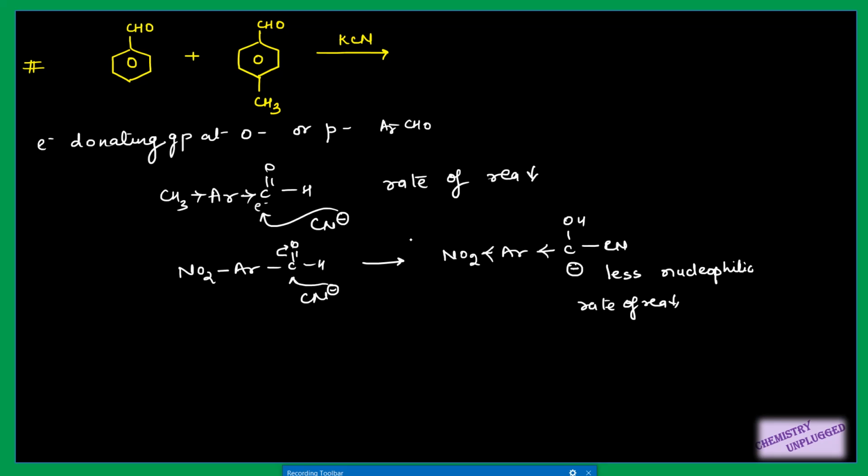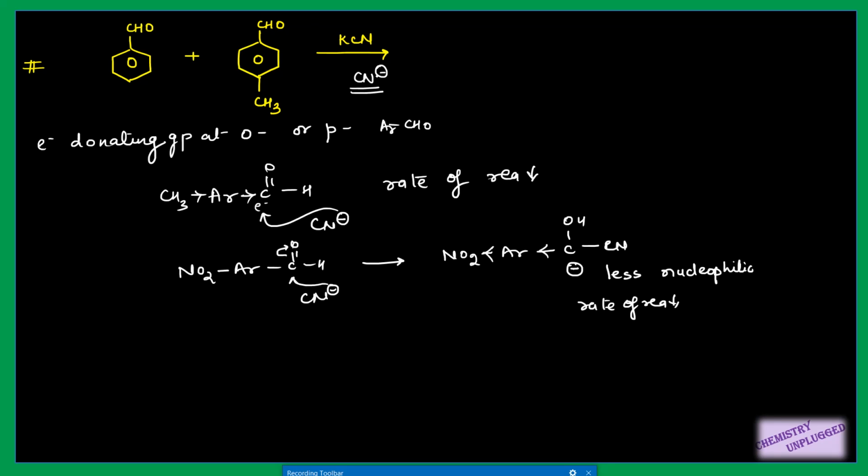So what should we do? Generally, CN minus attacks the carbonyl, which can generate a more nucleophilic carbanion. So we have to check whenever we have a group close to our aldehyde which will make it more electron rich, meaning an electron donating group, then this CN minus should attack on this. We will go preferentially with this type of aldehyde, in which we have a group which will make our carbanion more nucleophilic in nature.